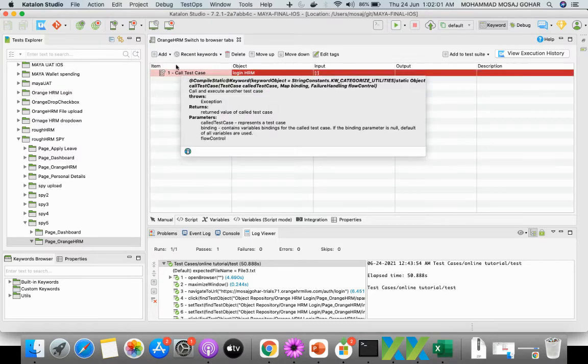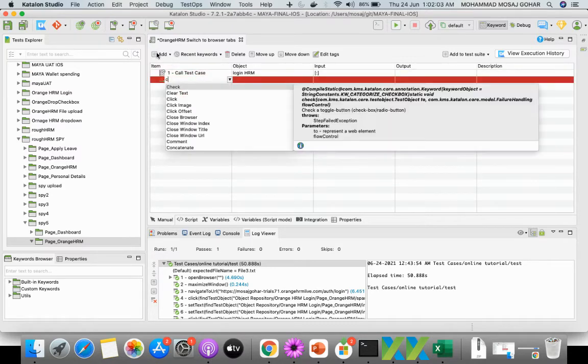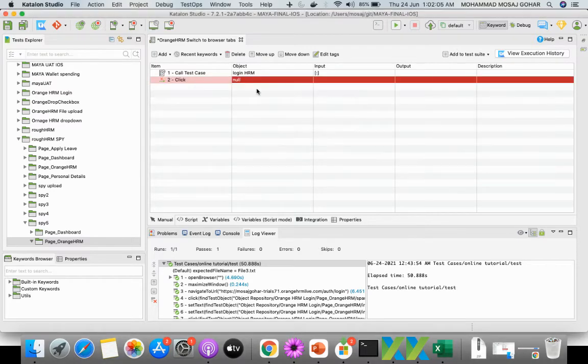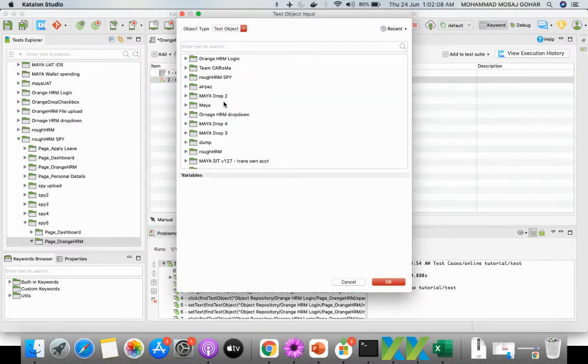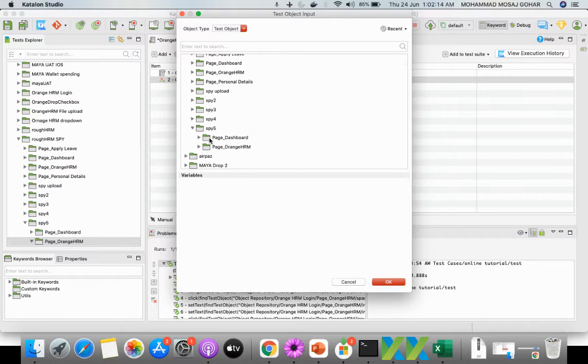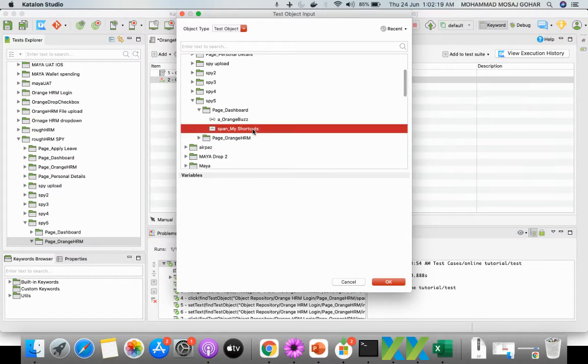After this test case, what we need to do is call a click function. That click is under spy, and we need to click on my shortcuts.